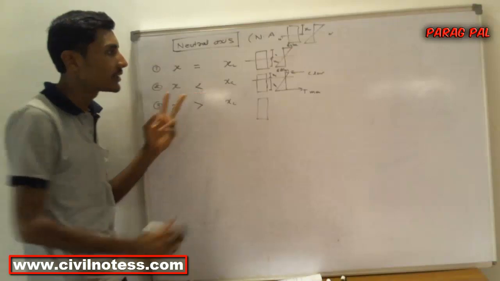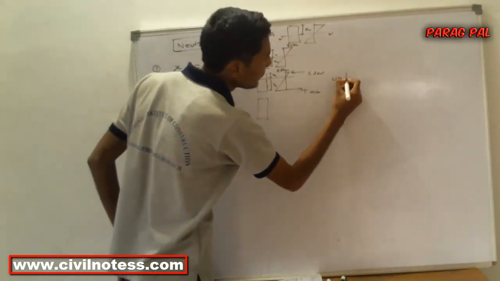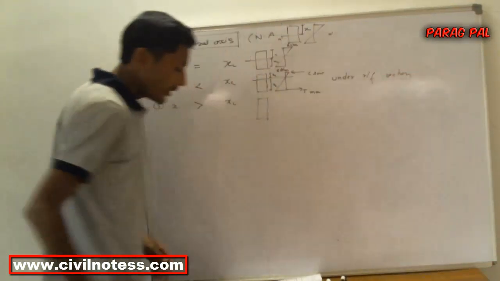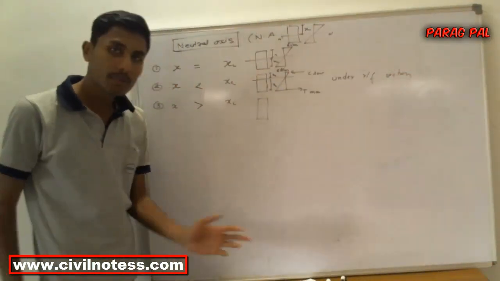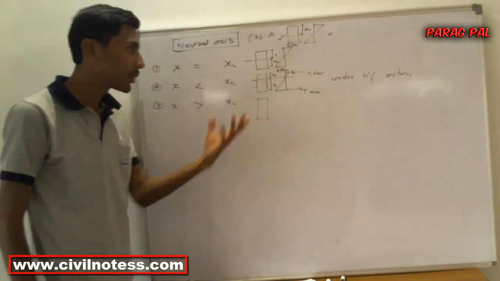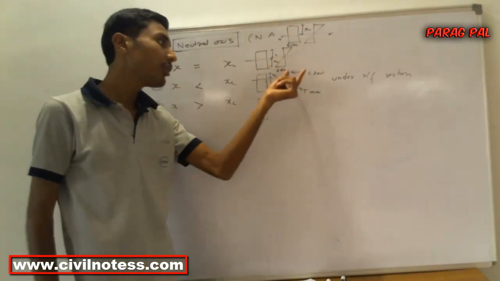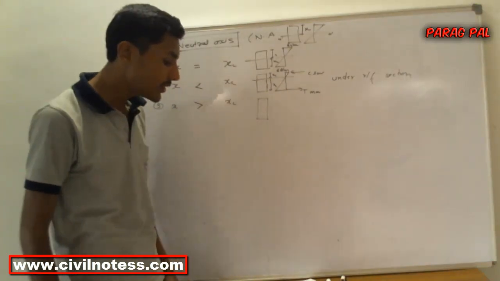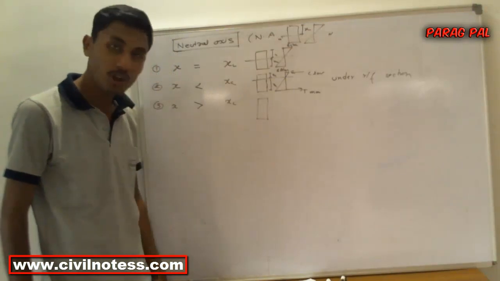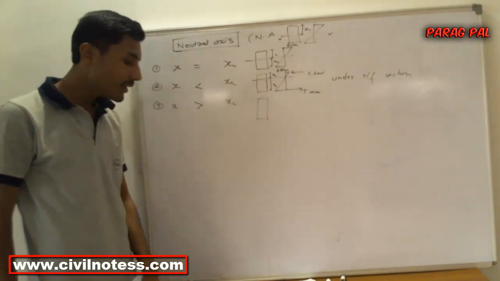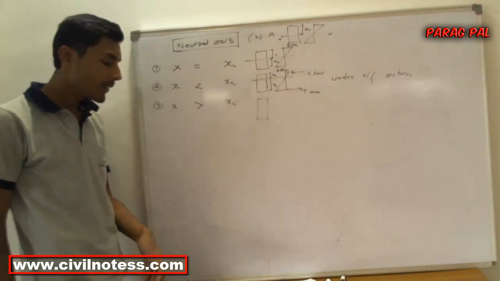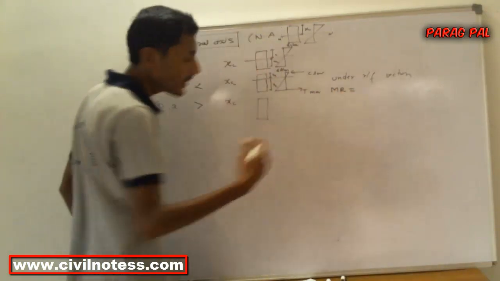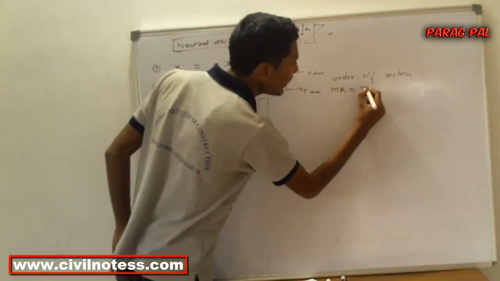The meaning of the under reinforced section is that the steel reaches the maximum permissible or allowable stresses before the concrete. That means before the concrete, the steel is going to reach the maximum permissible stresses. Failure takes place due to the steel, with sufficient warning, due to the yielding of the steel. Steel is provided in less quantity than that required for a balanced section, and for this the moment of resistance for such an under reinforced section is given by T into lever arm.